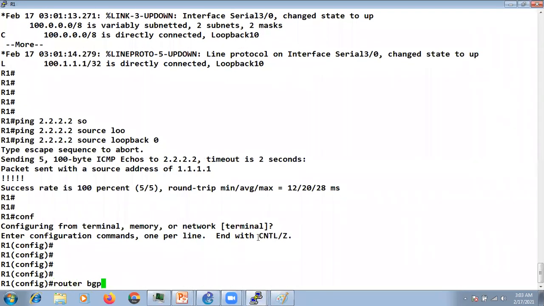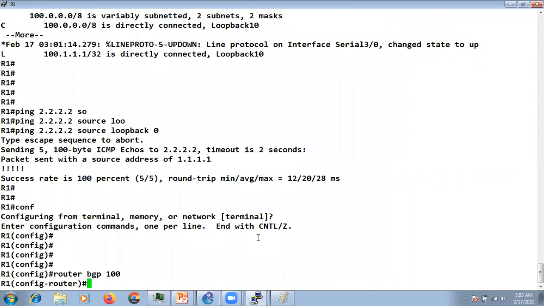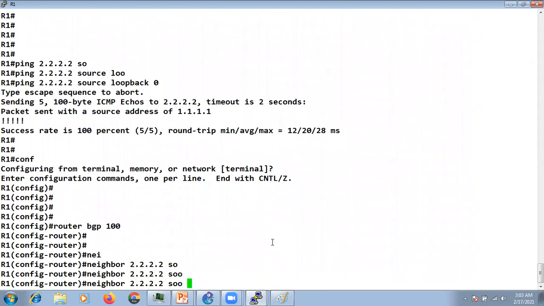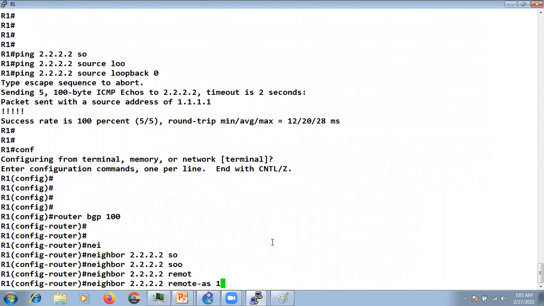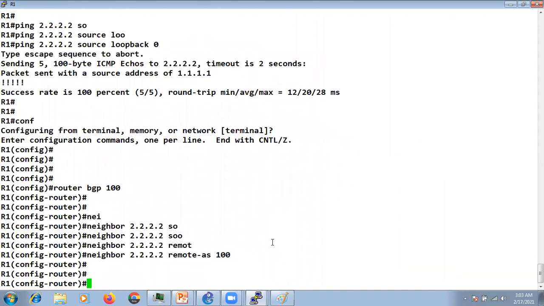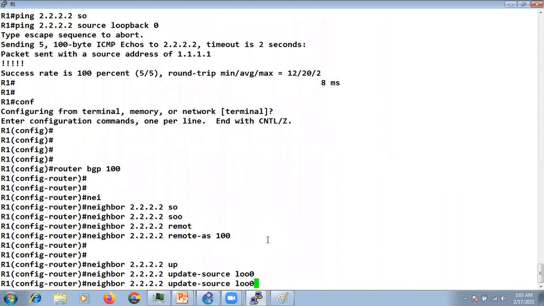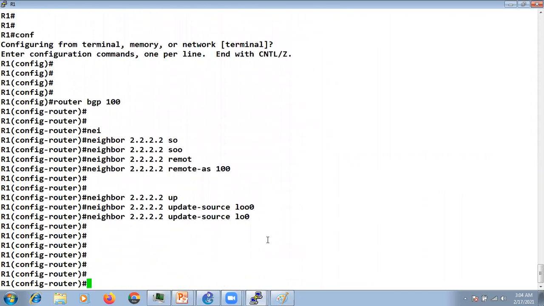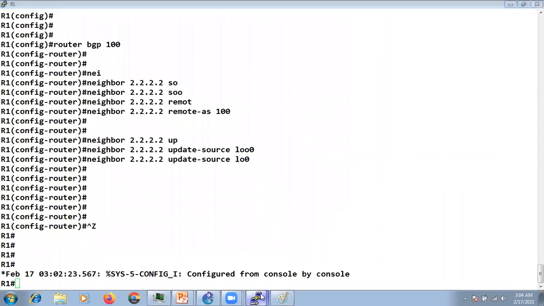Now if I say router BGP 100, my neighbor IP is this, right? And the remote AS of the neighbor is also 100. Update source my loopback, right? That's it. I'll go to R2.